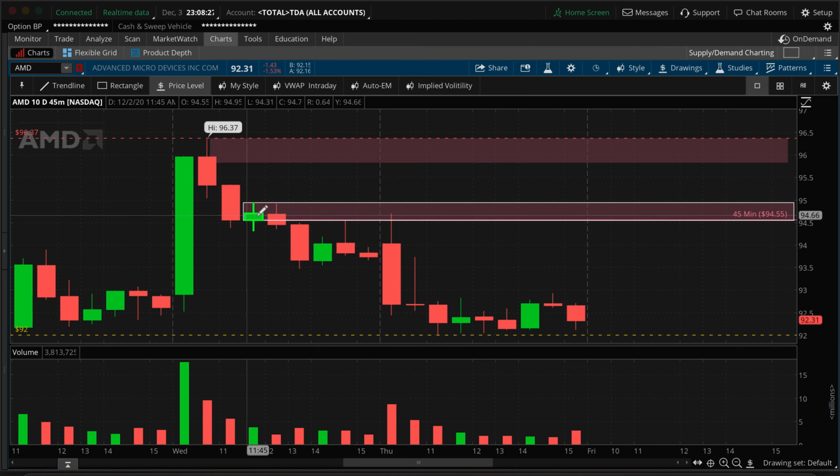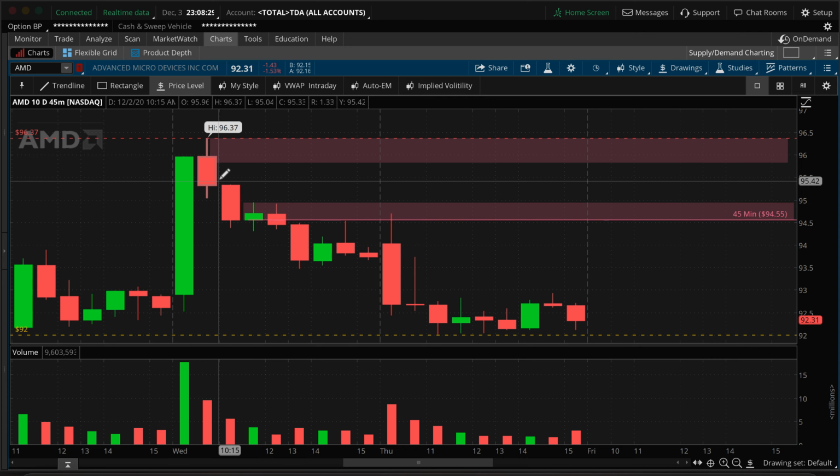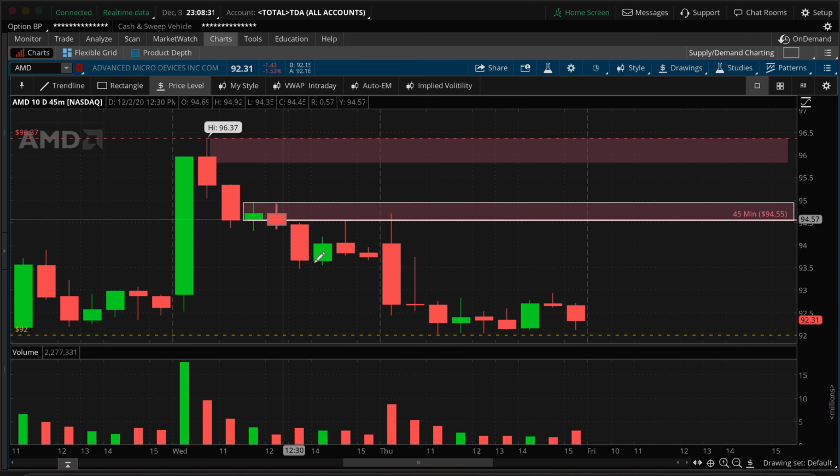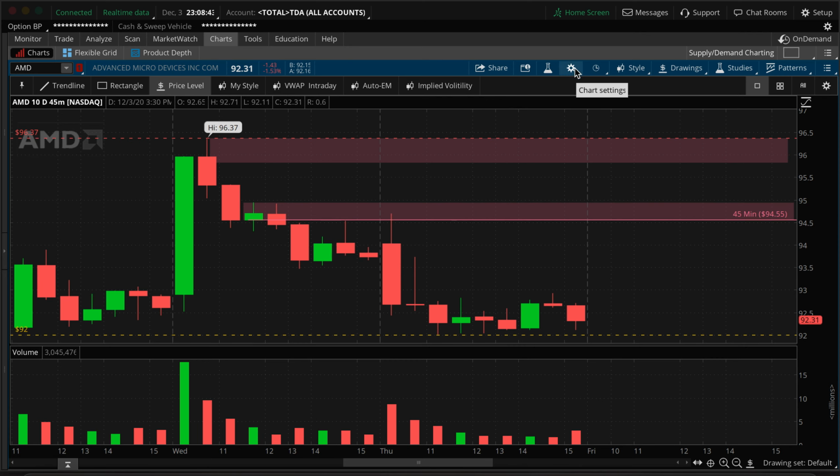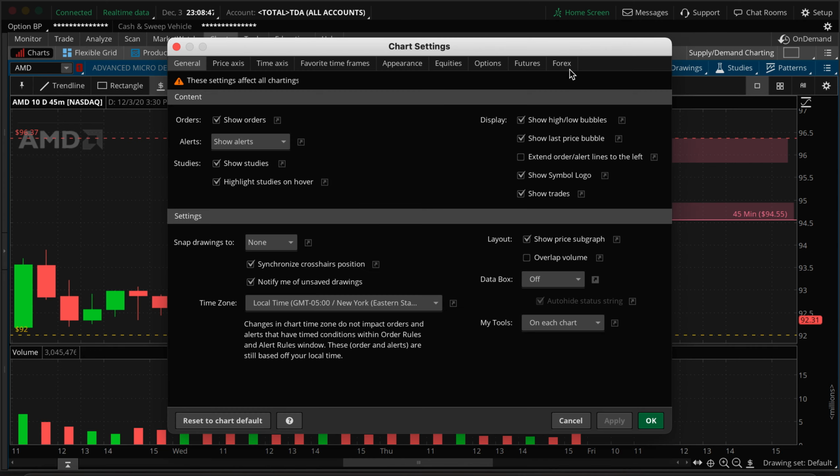So we created this supply zone here. It's really a drop, a base, and a drop. So you get that confirmation on a supply zone here where price leveled out, and then we dropped off that. So that created our supply. Now if we go to our 5-minute, we rallied right into